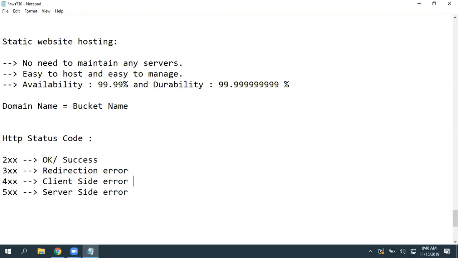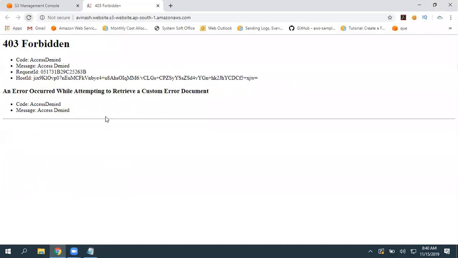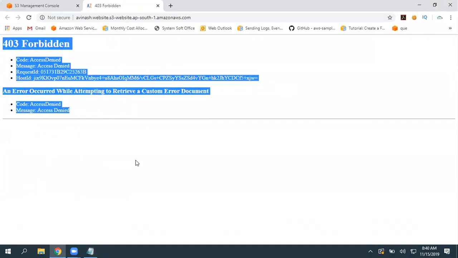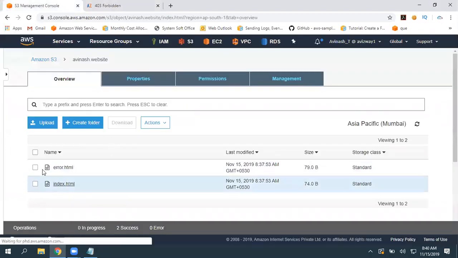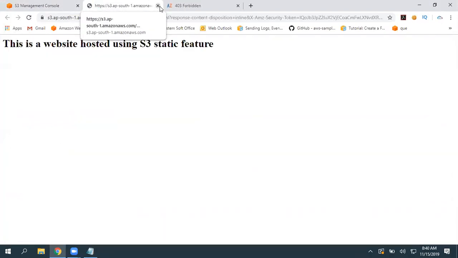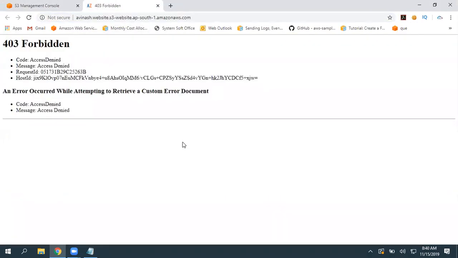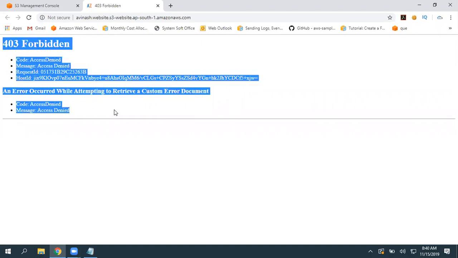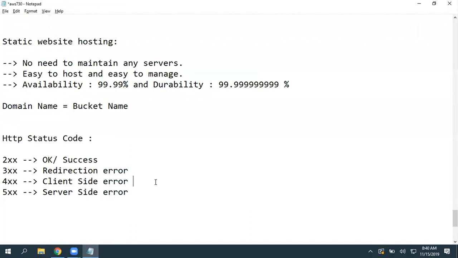400 is client side. Who is the client here? We are the clients. Now I am trying to access the data and we do not have valid permissions. See, as an AWS user, I can go here, I can open this, and I'm able to get that output. But this is a publicly accessible URL, right? So the system doesn't know whether Avinash is accessing or any other user is accessing. That is why it is showing access denied. So that is 400 related. You know, error 404, page not found. And 500,